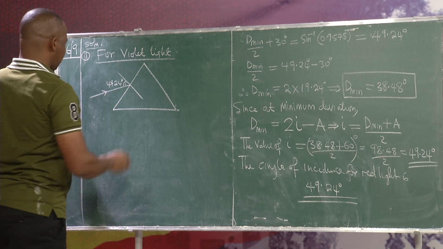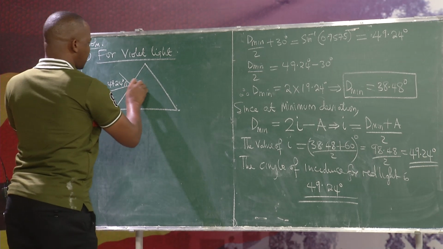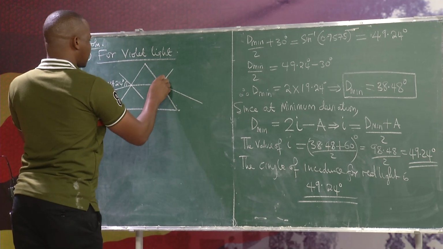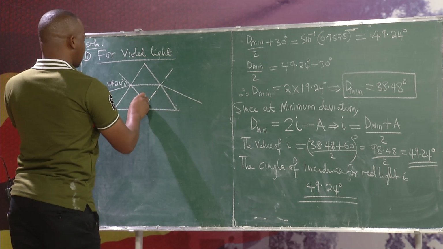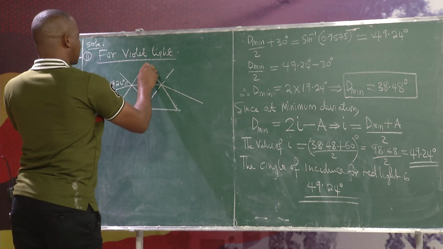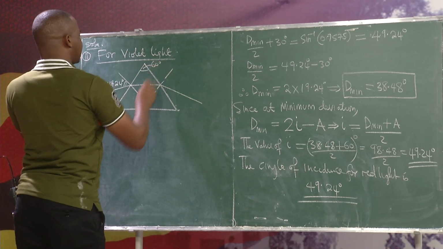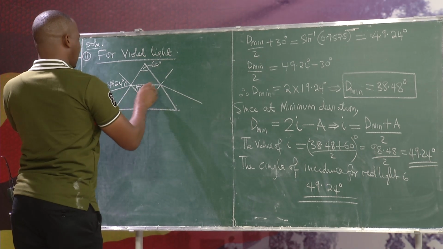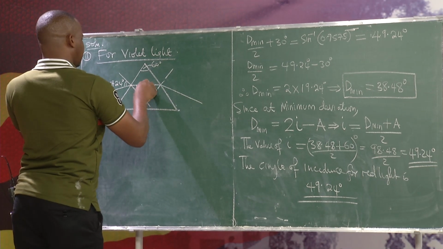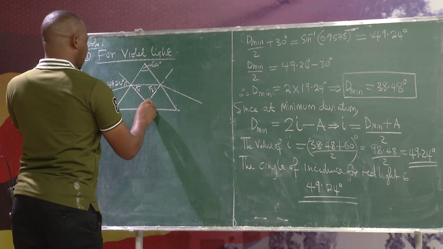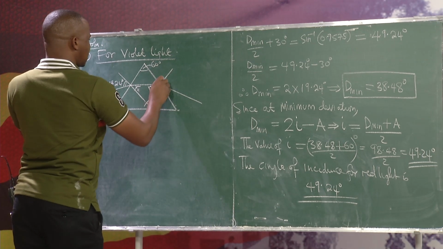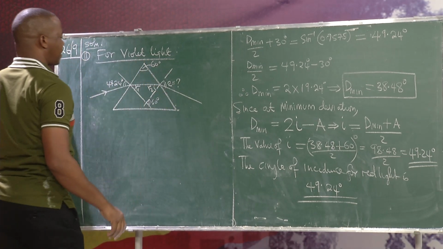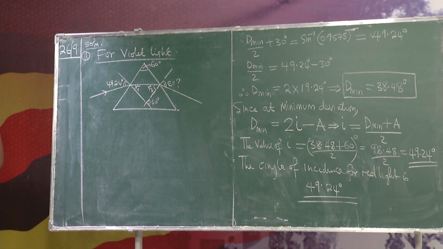And they want us to find that if this light is refracted and it emerges here, they want us to find the angle of emergence. Remember, this is 60 degrees. This, I can call it R1. This, I can call it R2. According to the angle geometry, this is 60 degrees. And we want to find this. Assuming I call that angle E,